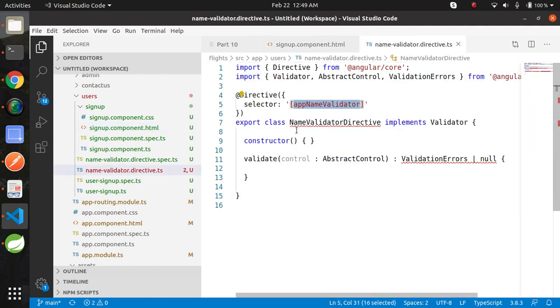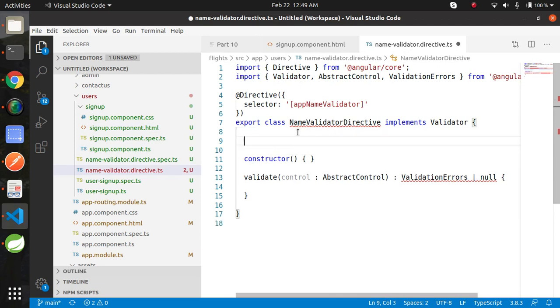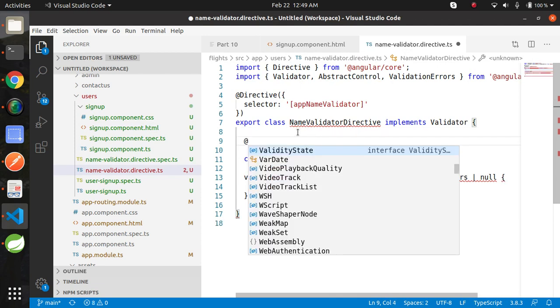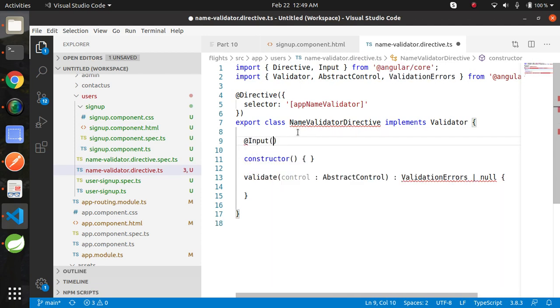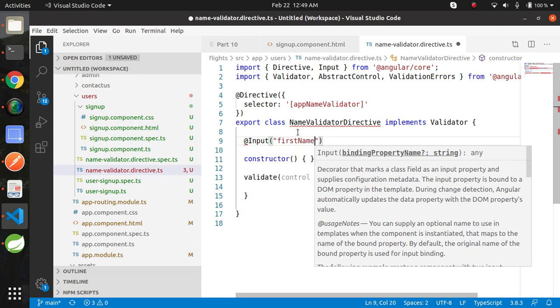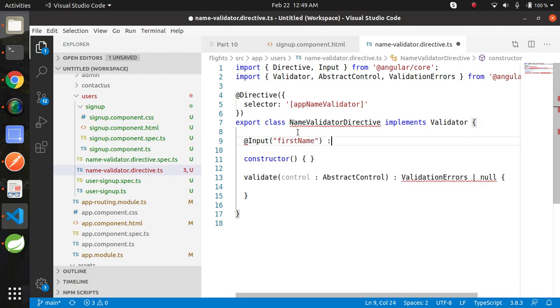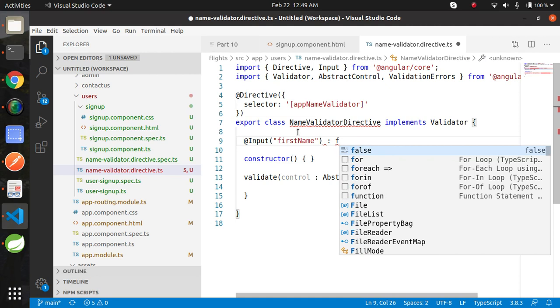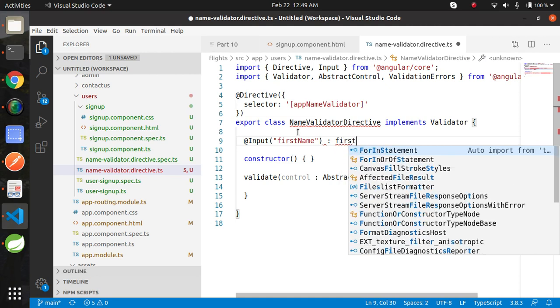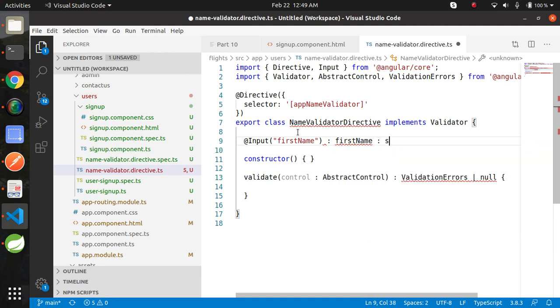Use @Input to get the first name. Remove this column.